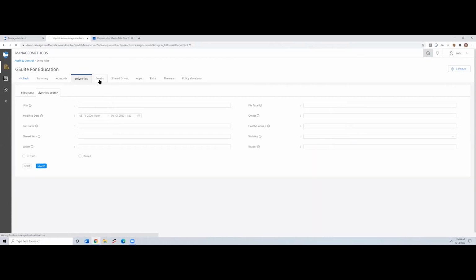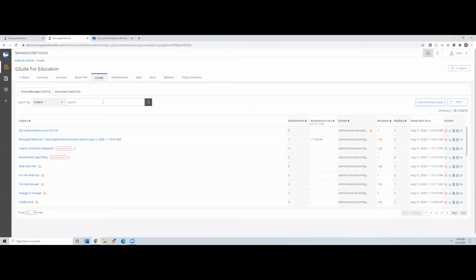We also automatically scan all the emails for not only risk, but also for phishing attacks. What we do is we take all the links in an email and scan each URL using industry-leading databases to check if they have been compromised and if they are phishing links.